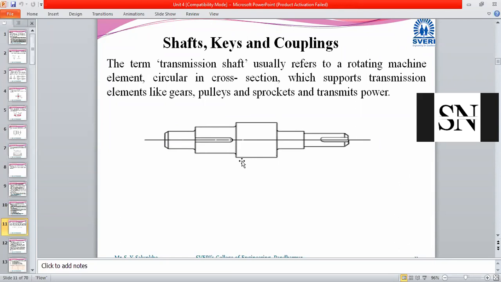Shaft is a component that transmits the power from one to another. Then gears are also transmitting power. Belts are also transmitting power. Suhas?